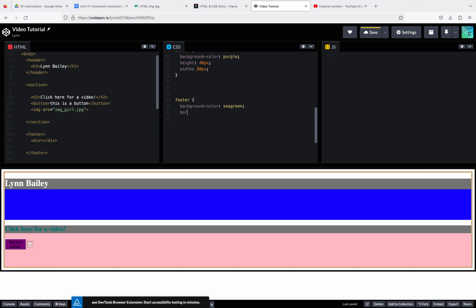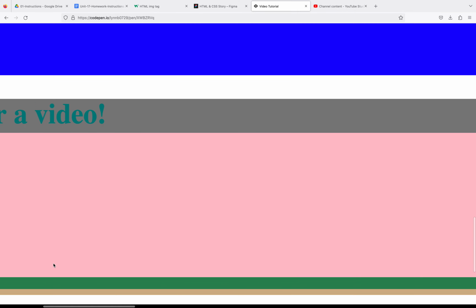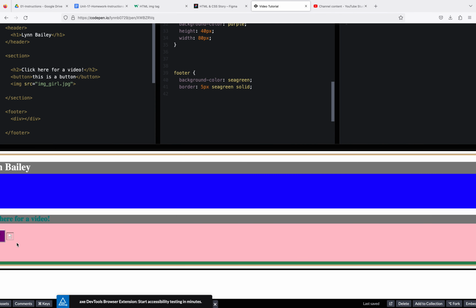And if you're confused on the border, my video number 5 talked about it. Okay, I'm going to make a 5 pixel border. I'm going to make it a sea green border, same color, and I'm going to make it solid. That way you can still see the footer box. Okay, so it did show back up. For a minute it disappeared because I took the content out, but I got it to come back out